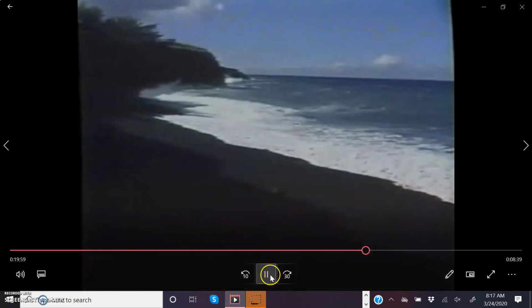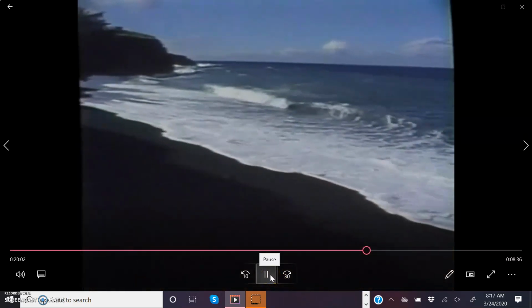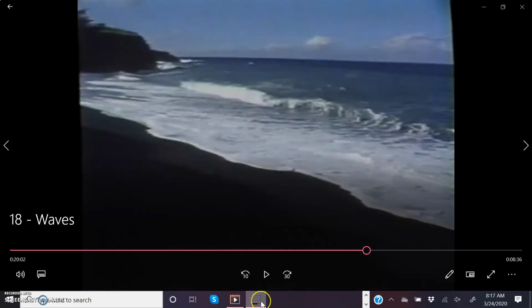Okay. All right, I'm going to go ahead and pause the film here. There's a nice black sand beach. As I said a little bit later on, I'm going to have you then go